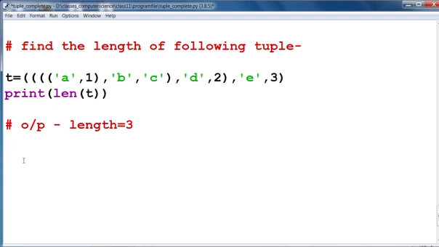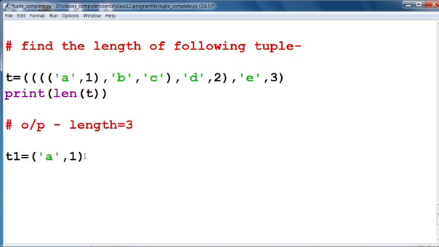Now we are going to break this tuple into sub tuples, these are the nested tuples, and then we are going to break the tuple's elements. Now if we break t1 equal to a and 1, t1 contains the elements a and 1. Now this is the one tuple, the elements of the tuple are a and 1.